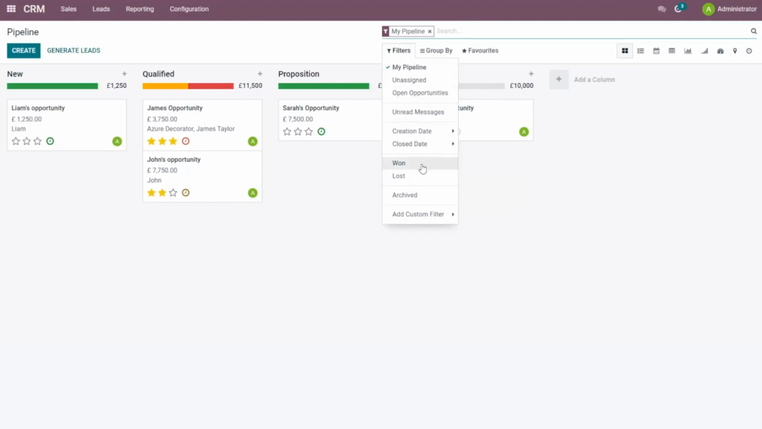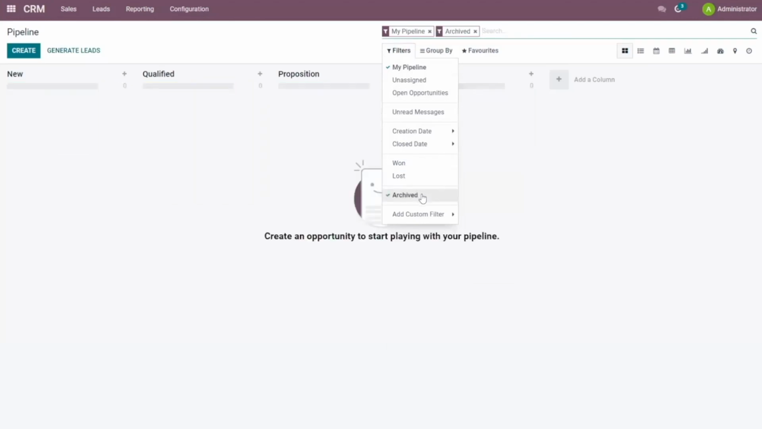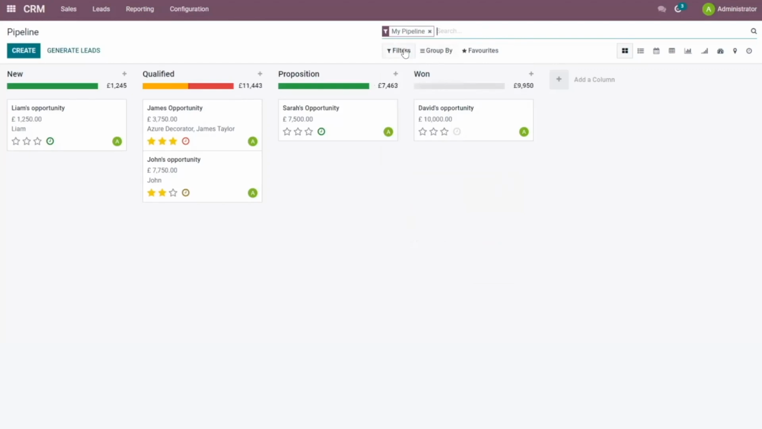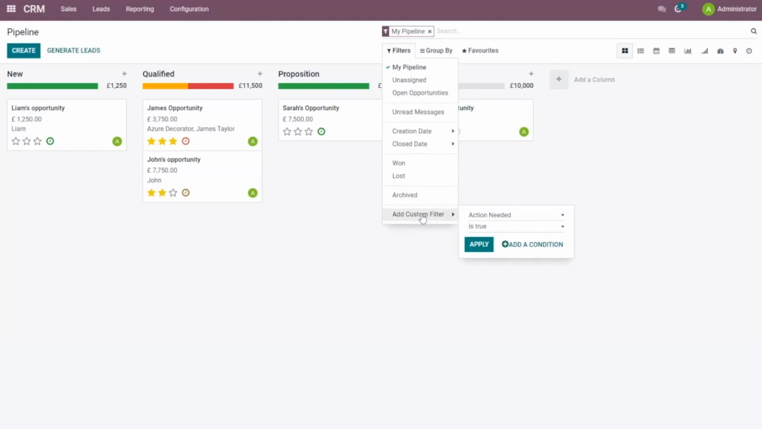If we have archived any of the opportunities as well, this will show any which have been archived in the system, which we don't need anymore. The final option we have within this filter is Add Custom Filter. In here, if we go over to Actions Needed, we can filter on any other fields